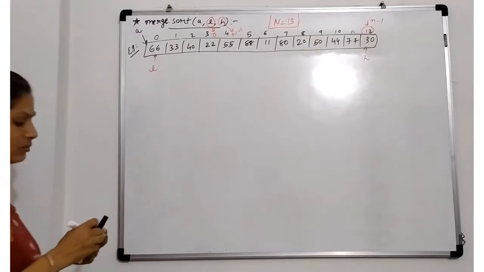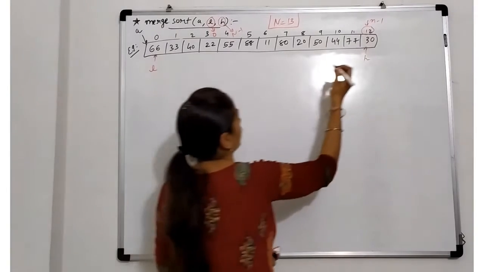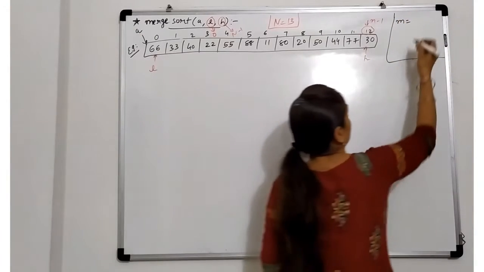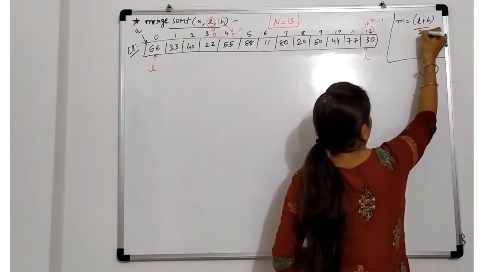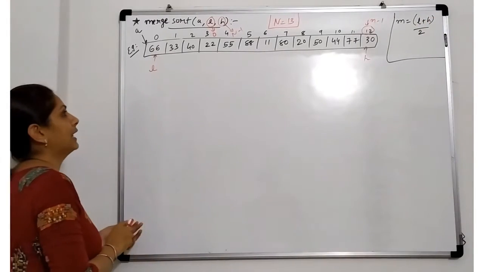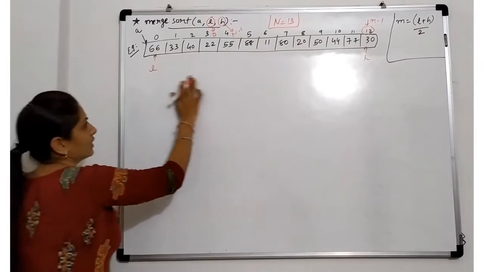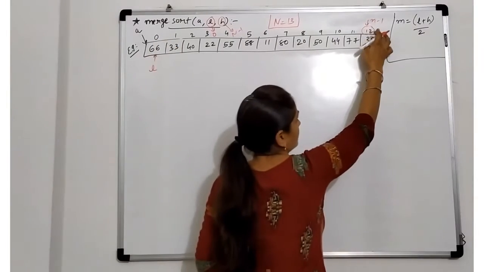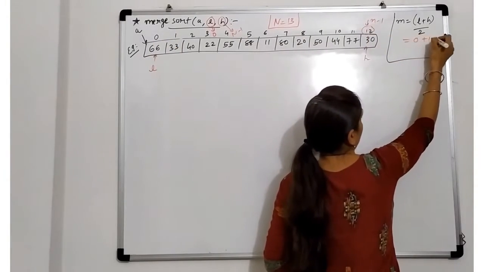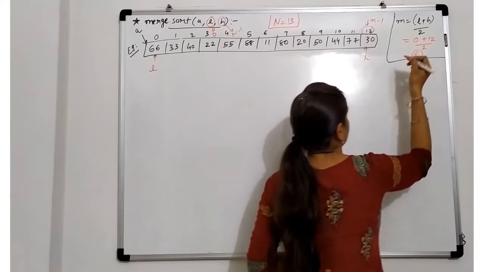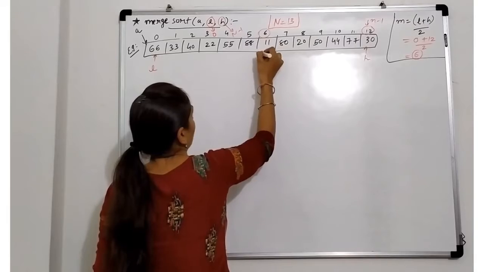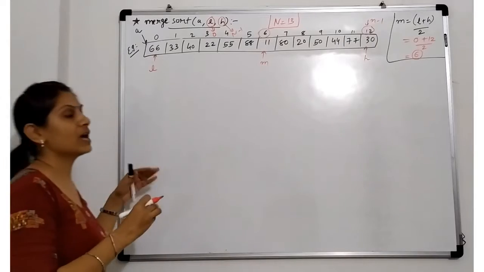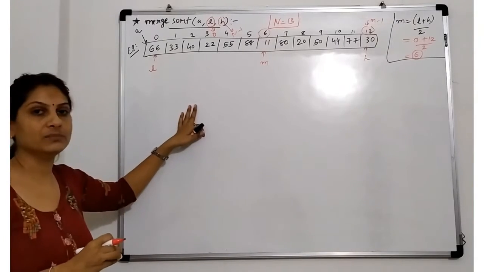Now whenever we are executing merge sort, you have to find m. M stands for the middle element. The middle element is found using the formula l plus h divided by 2. For this array, l is 0 and h is 12. So 0 plus 12 divided by 2, the answer is 6. So in the 6th position, our m is there. These are the steps for performing merge sort. We have to perform these steps until all the elements become separate.